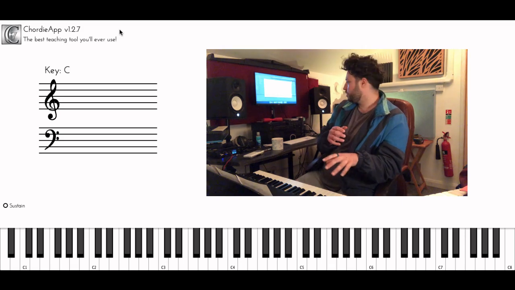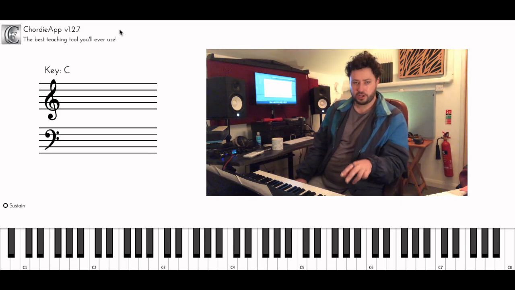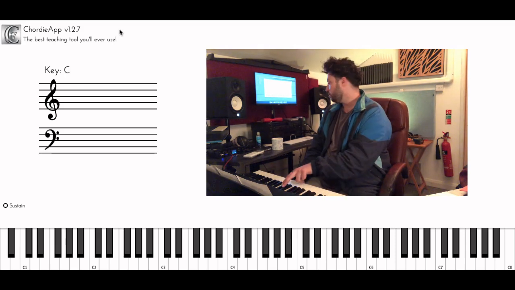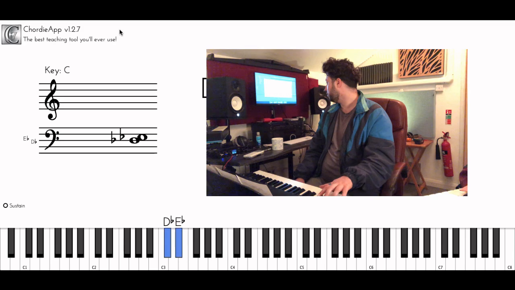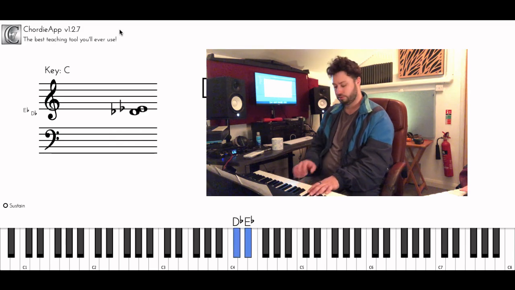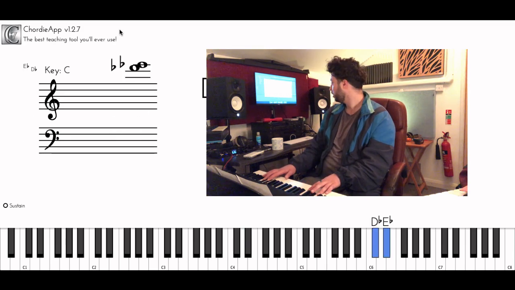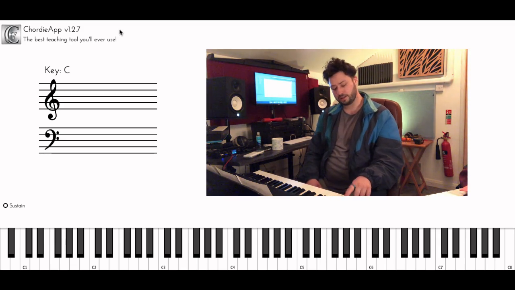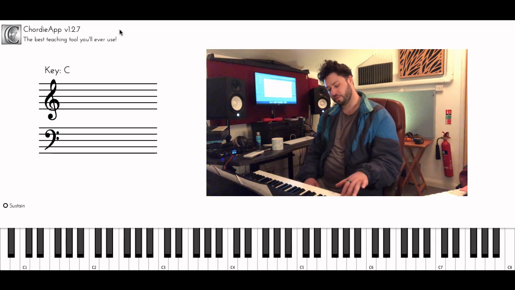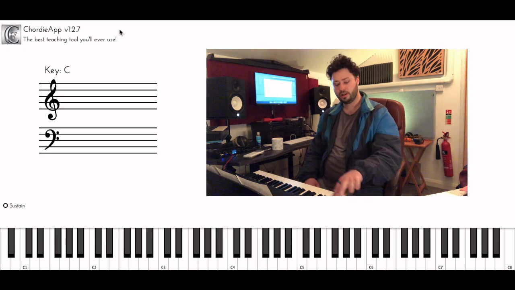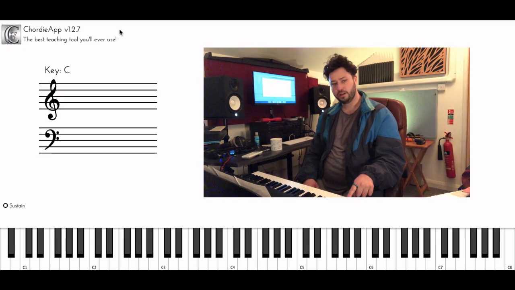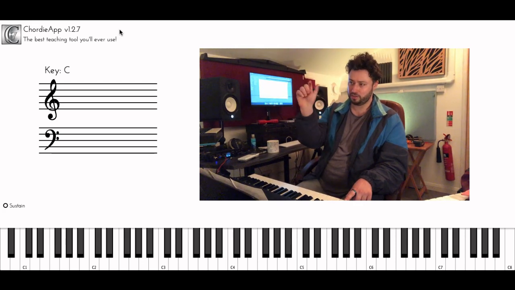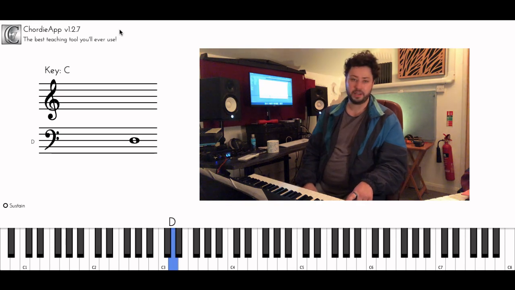So the easiest way to find D is to observe that on the piano every so often there are these two black notes, right? So these two. And between those two black notes is a white note, and that's D. So that's a good reference point: you've got two black notes and the one between them is D. So if you ever can't remember the names of the notes, look for the two black notes and the one between them is D. So this is D.